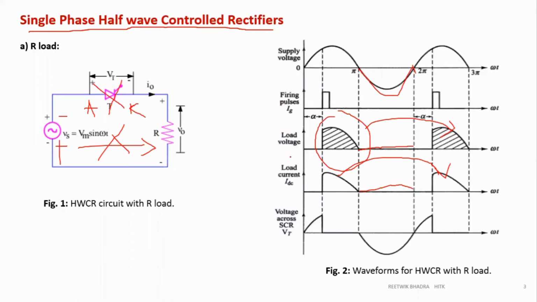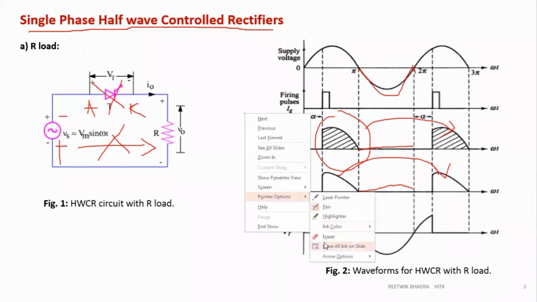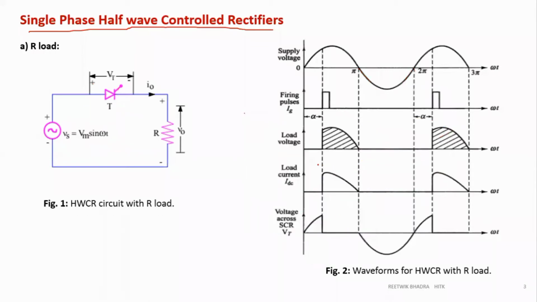We will have drawn this load voltage and output voltage like this with thyristor operating like this. So you should mention your peak value Vm and Vm by R over here. Next thing, most important thing, one thing more: in the exam you have to draw up to 3 pi, for any waveform regarding rectifier.